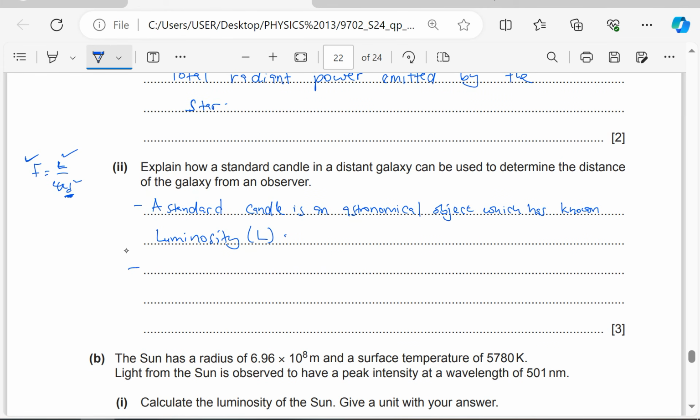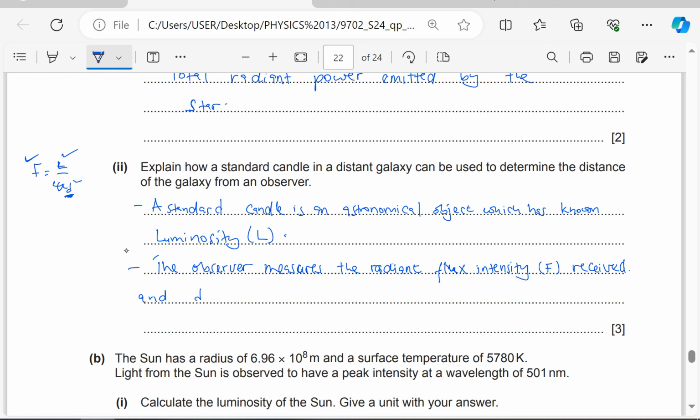So the observer measures the radiant flux intensity, F, received,